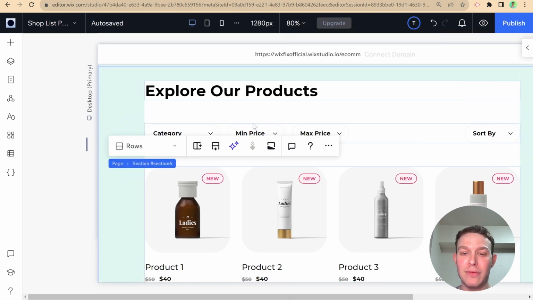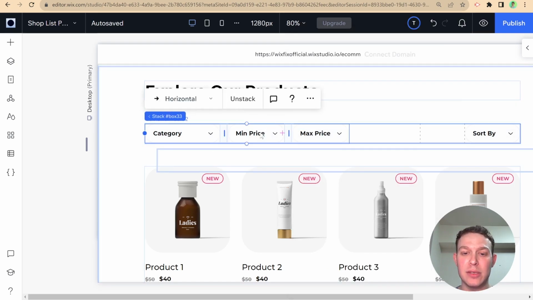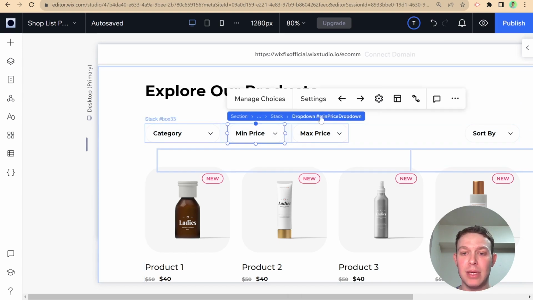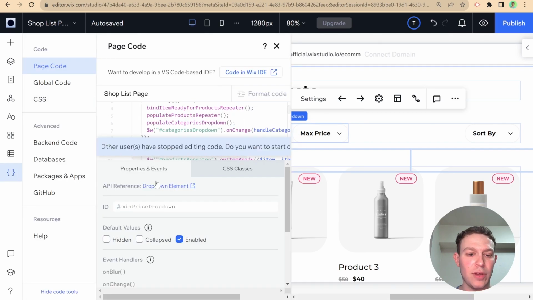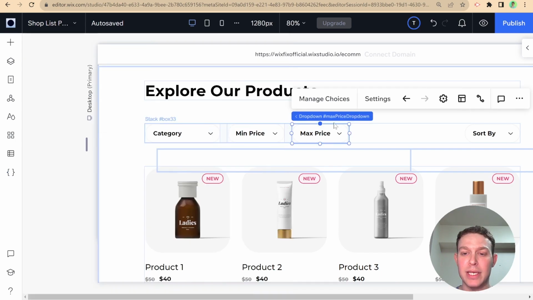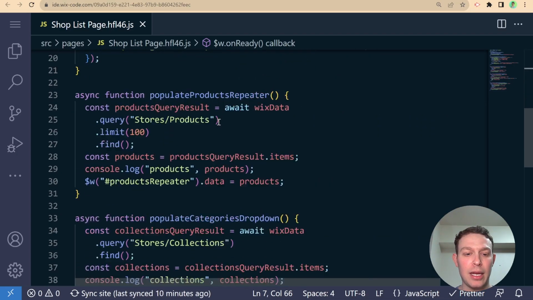And except for that, all I've done is given IDs to both of these dropdowns. So this is the min price dropdown. That's the ID here inside of the code panel. So if I open up the page code, you can see that's the ID over here. And for the max price, it's the max price dropdown. And now what I'm going to do is head into the IDE, and I'm going to create